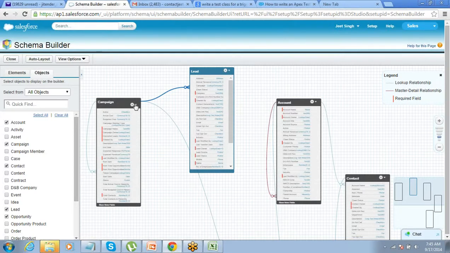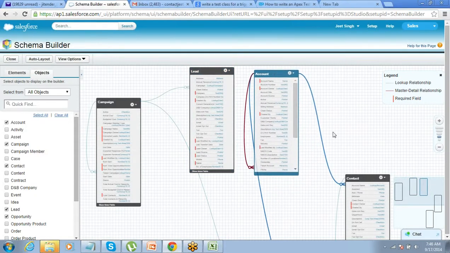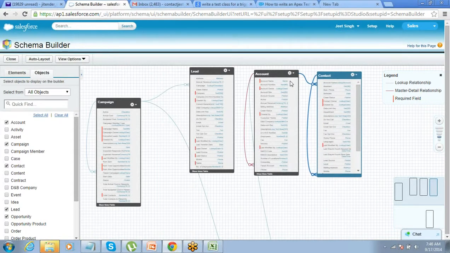Okay. Now when you see this kind of a connection here, you see this is a one-to-many connection. One point here is connected to many points here. You see the multiple points here in the leads, which means lead is a child of campaign. One campaign can be connected to multiple leads. Got it? Then from lead we convert it into account, contact. Okay, now if you see, account and contact is again a parent child. From lead you convert it into account and contact. So account and contact is again parent child.